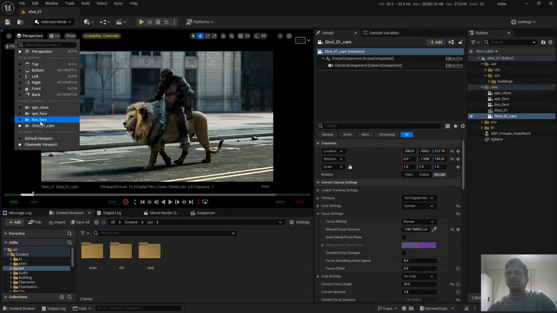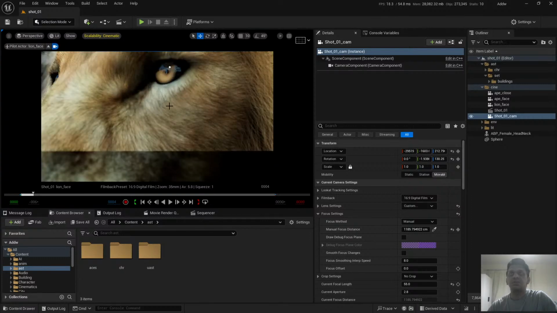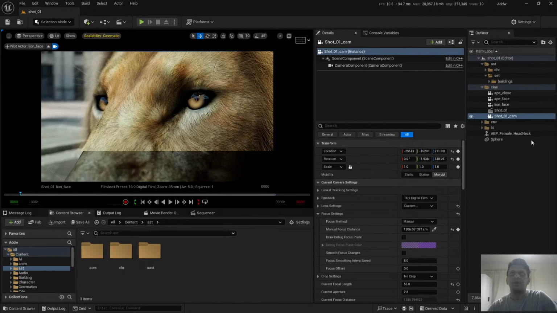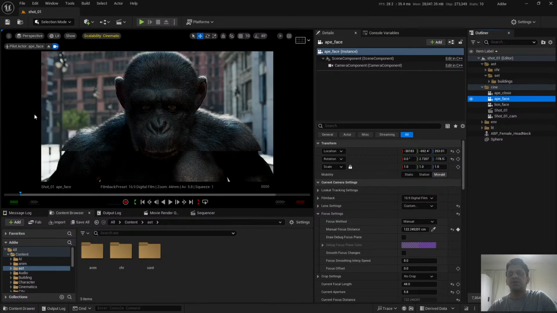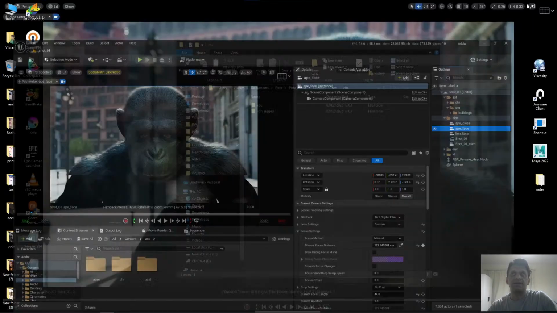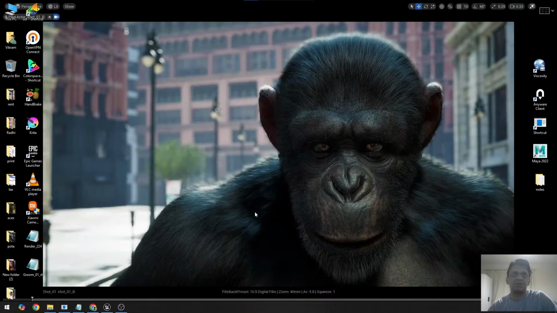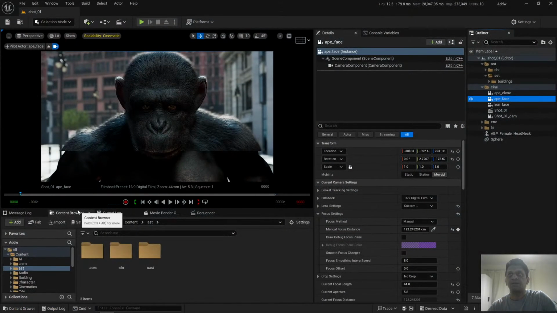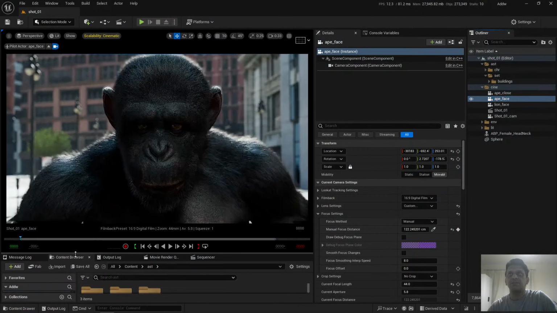Now if I go to lion face, it's only showing me the next one, which is lion's face, this one. Next we have ape face, so this is for me to work with, so I can have multiple. So this is the shot I rendered or screen captured. Actually this is just a screen capture, it's not even rendered. This is a camera angle,